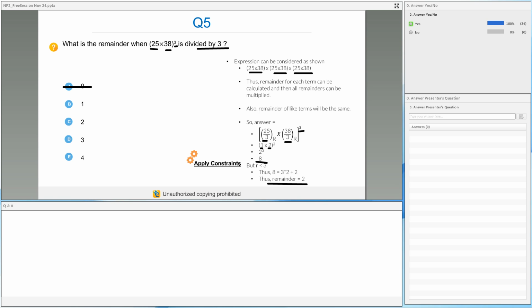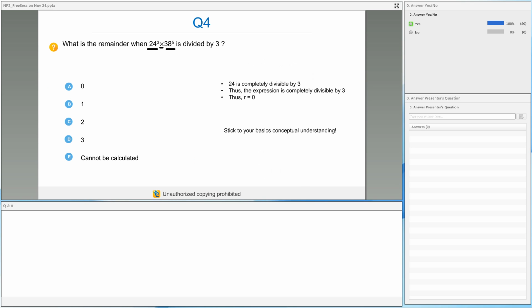Someone is asking, can I forget about the exponent? So this is how I solve the question. Varun, there's no difference in the approach. Now look at the previous question also. Let me go back to the previous question just to tell you there's nothing different. In this case also, when you divide 24 by 3, the remainder is 0. Now tell me, how much is 0 to the power 3? Let me reopen this. 0 to the power 3 is 0, right?